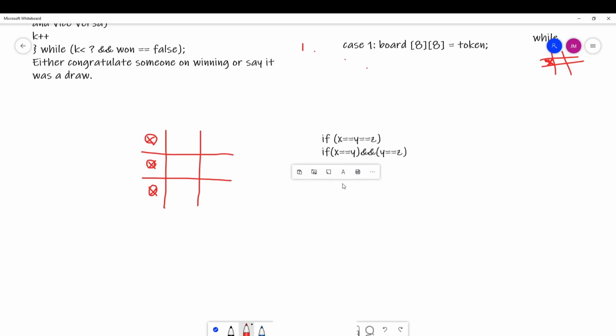So in this case, X is something like board 8, 8. So it's not pleasant,